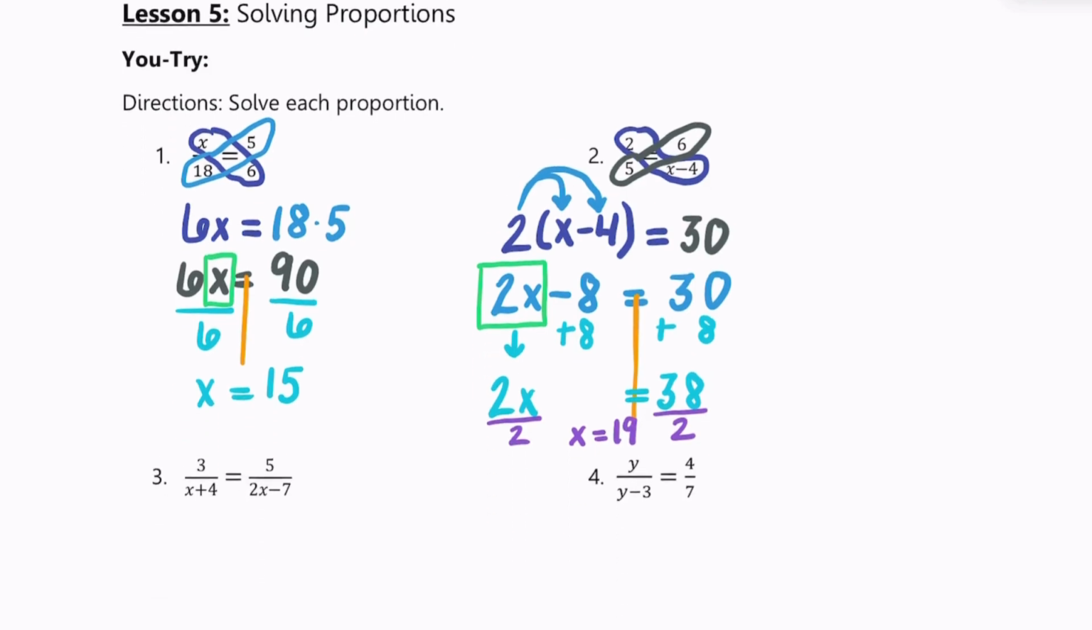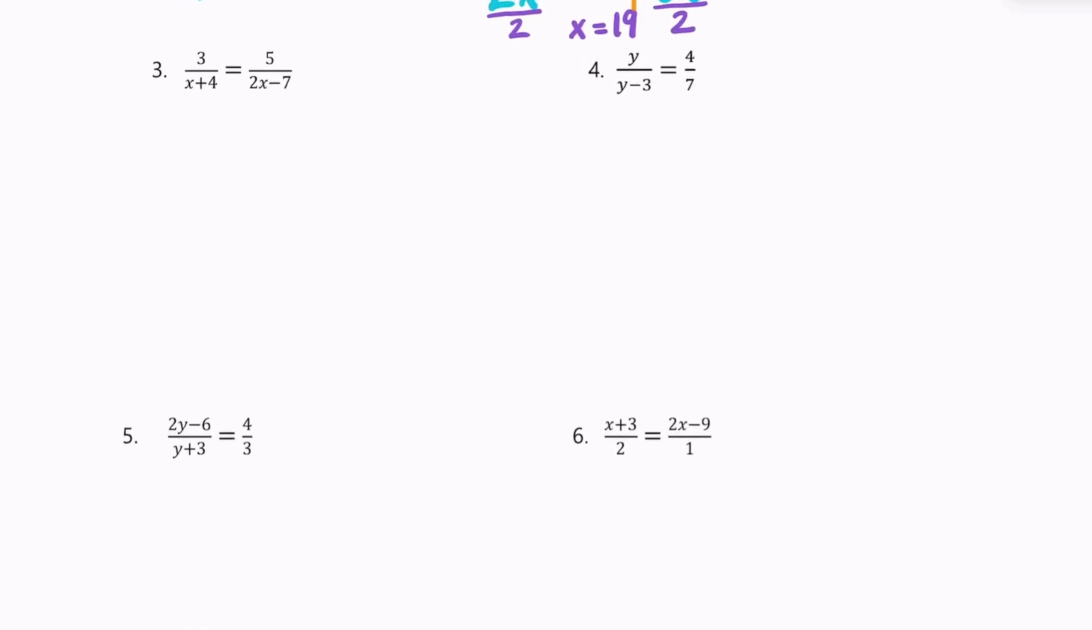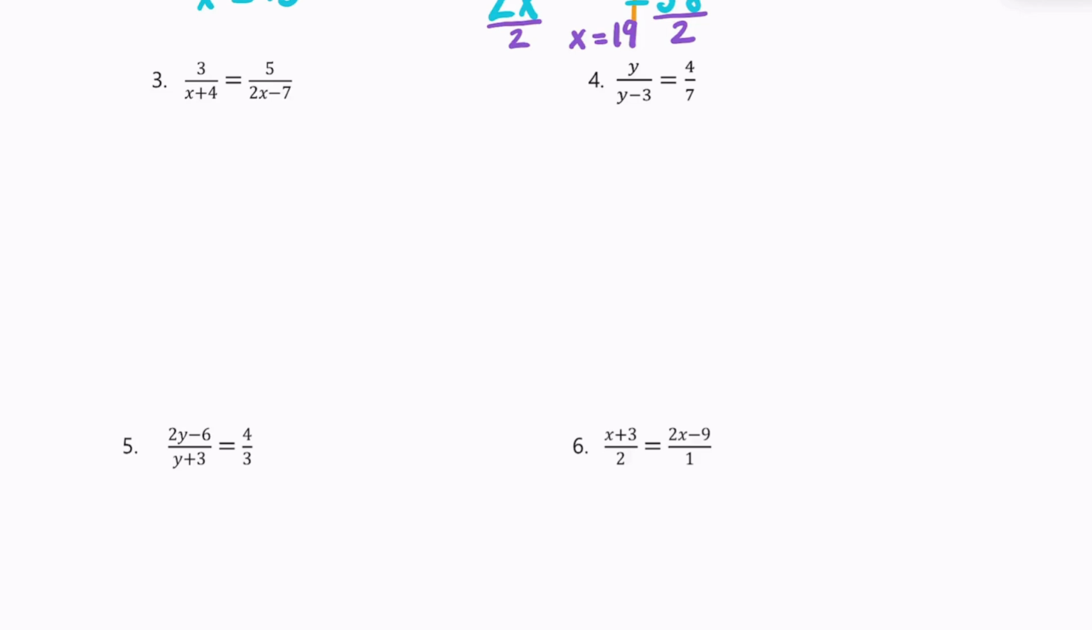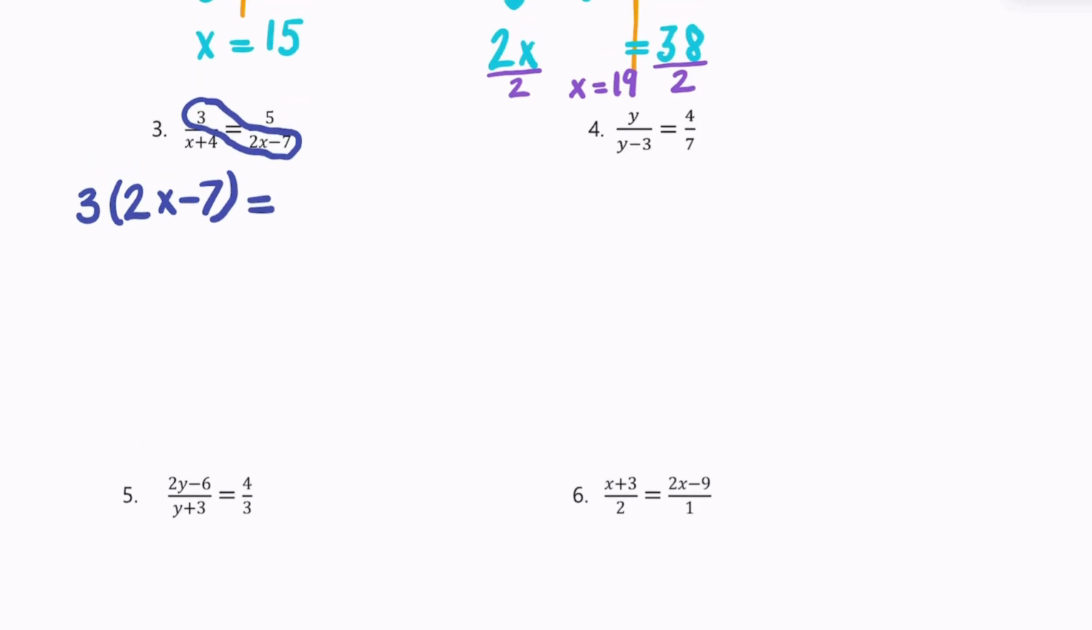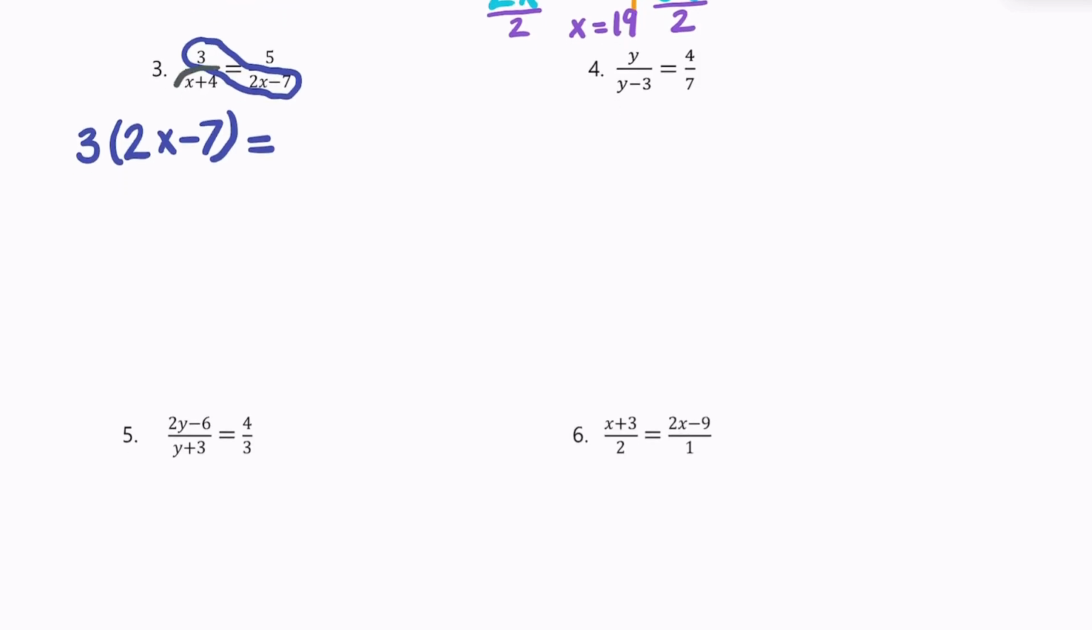All right, let's move on to 3 and 4. So for 3, we see we have a proportion. We have a fraction equals a fraction. We're going to draw our butterfly wings. It doesn't matter which one you draw first. It seems I'm just in the habit of drawing from the top left to the bottom right. That denominator, 2x minus 7, is more than one term. So I'm going to put it in parentheses. I know I'm multiplying 3 by that term, 2x minus 7, or that expression. I'm going to set it equal. I'm now going to cross multiply